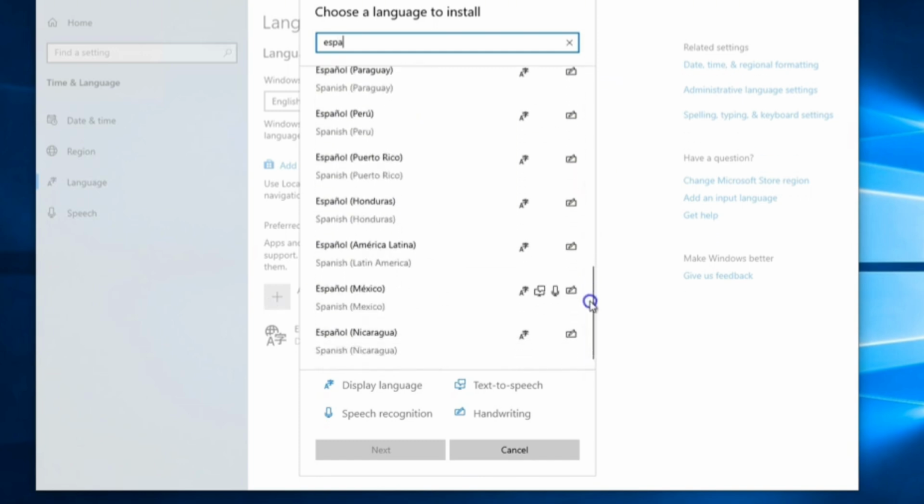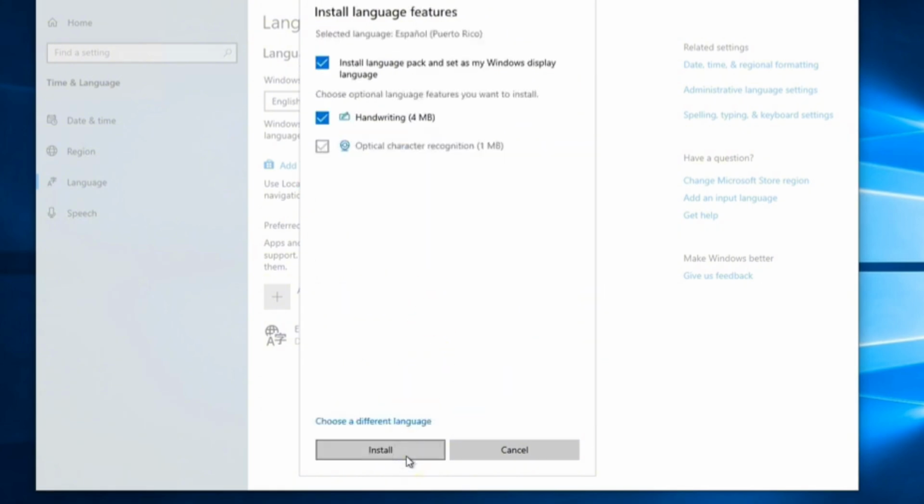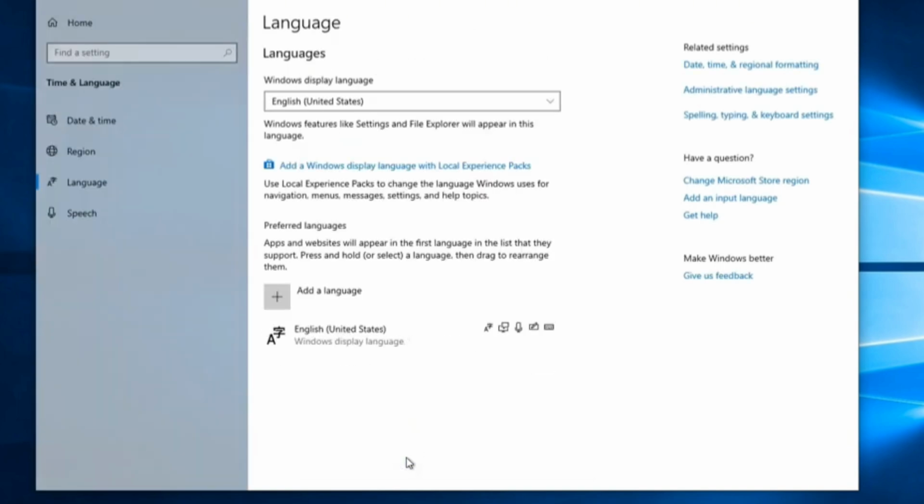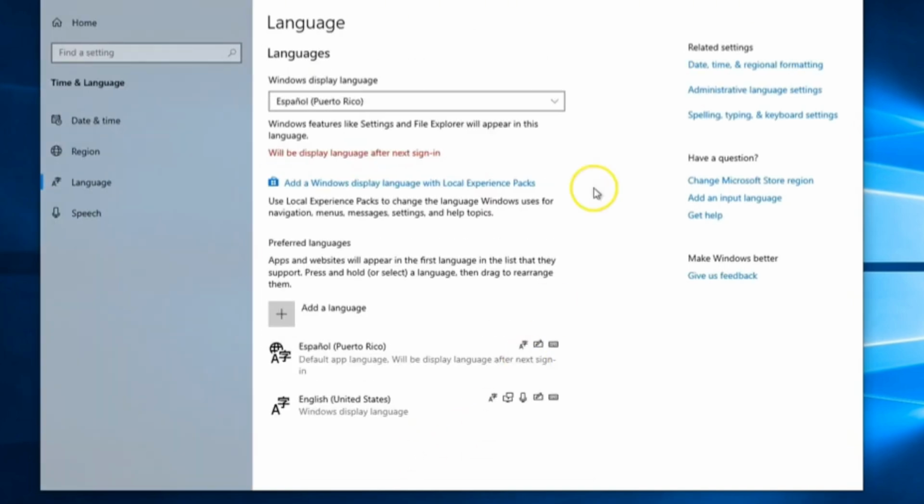Let's say for example Espanol, and I'm going to choose the Espanol. Hit next at the bottom left corner, and then just hit next to install that language. And basically after you downloaded that language, what you're going to do, you can just go ahead to your administrative language